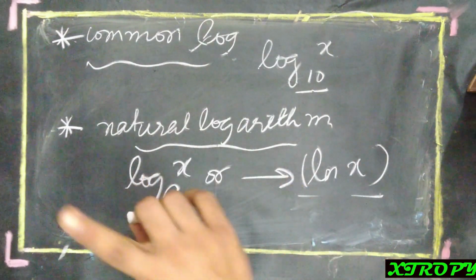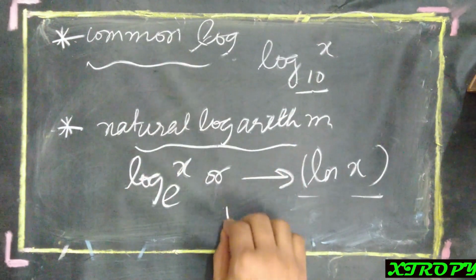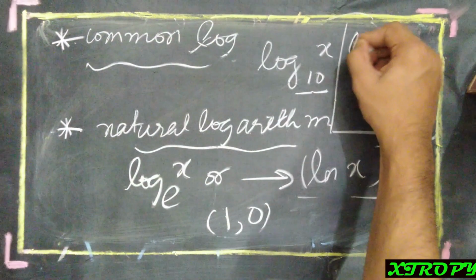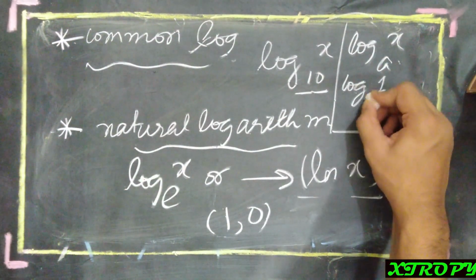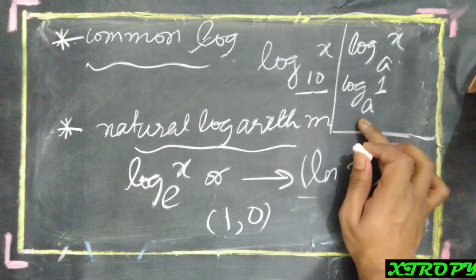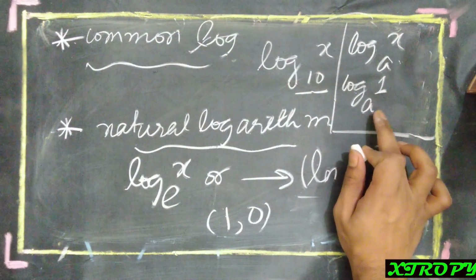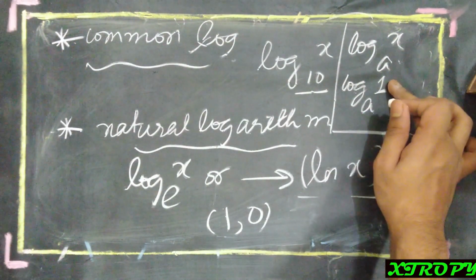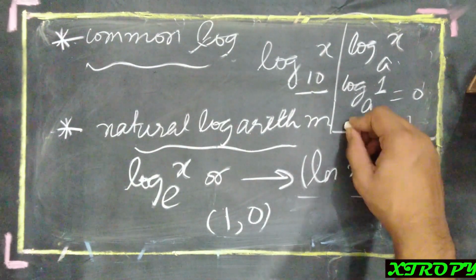And for all the graphs of logarithm, we also notice that all the graphs pass through the point (1, 0). Why so? Suppose you have log x base a and you write log 1 base a. So to what power of a must you raise so that you get 1? We know that anything to the power of 0 will give us 1. Therefore, a to the power 0 gives 1, so log 1 equals 0. Therefore, (1, 0) is the point that every graph of logarithm satisfies.